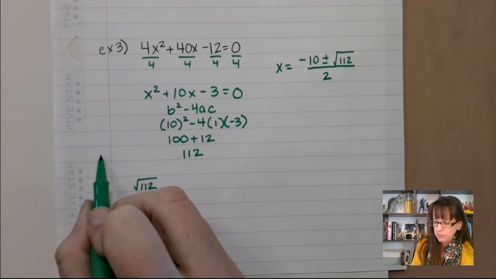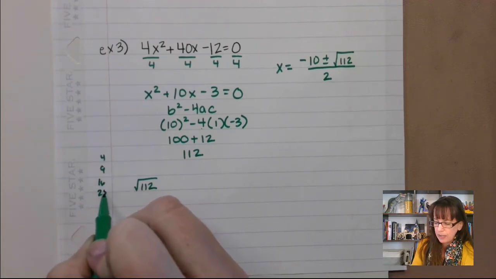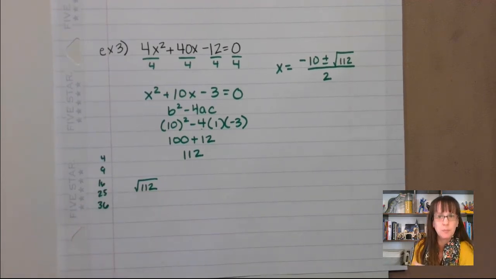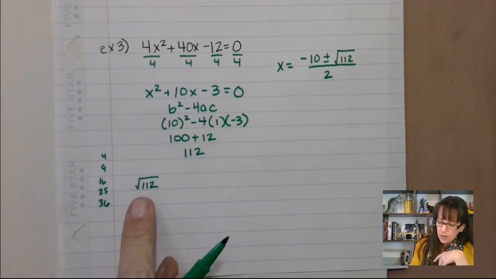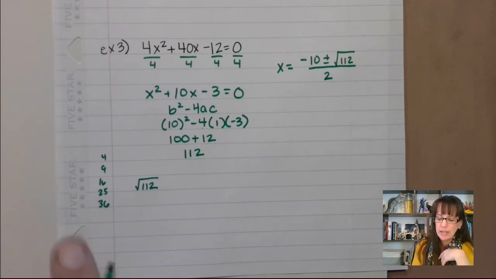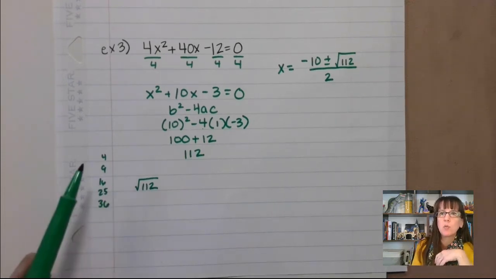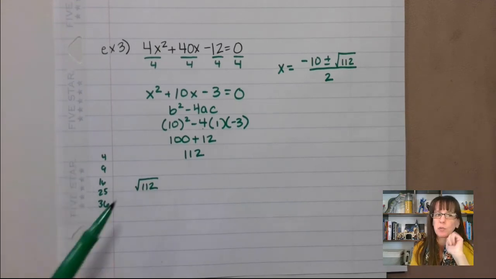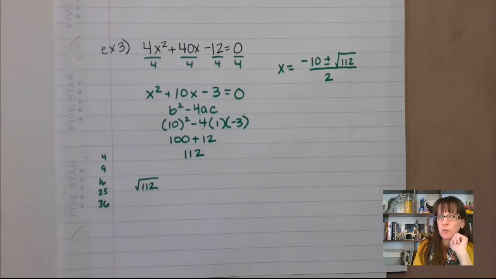Perfect squares, remember, are 4, 9, 16, 25, 36, all those, right? 2 times 2, 3 times 3, 4 times 4. 112, if I divide that by 4, you'll see that I end up with 28. So 4 and 28. 4 times 28. 28 has another hidden perfect square, which means I have not chosen the largest perfect square. So I do